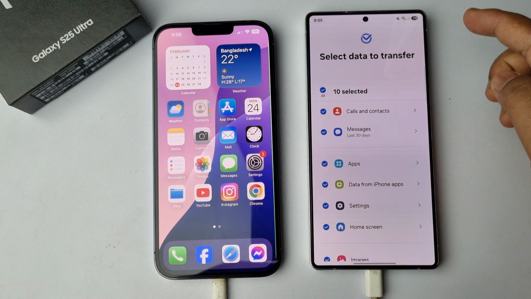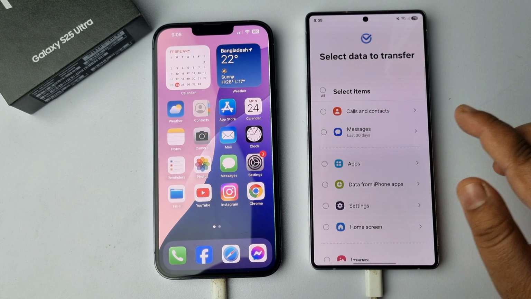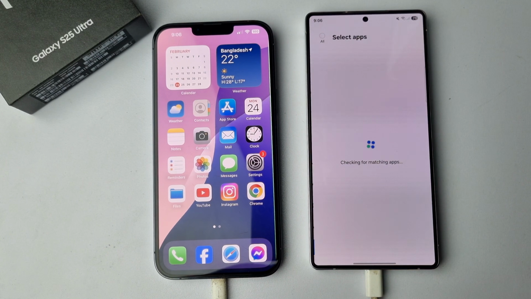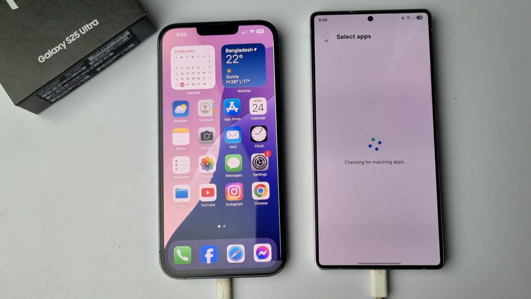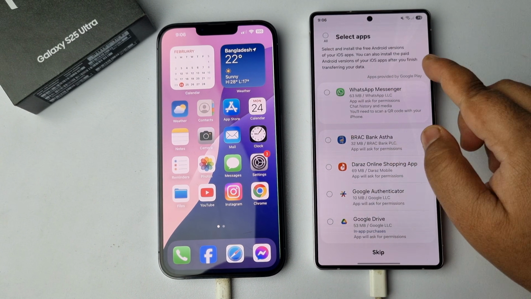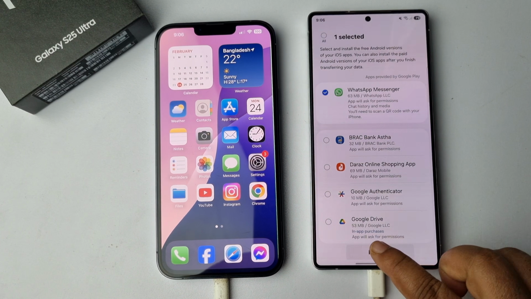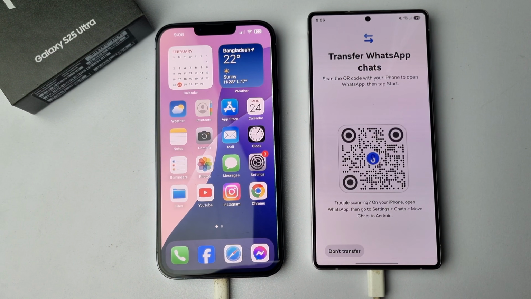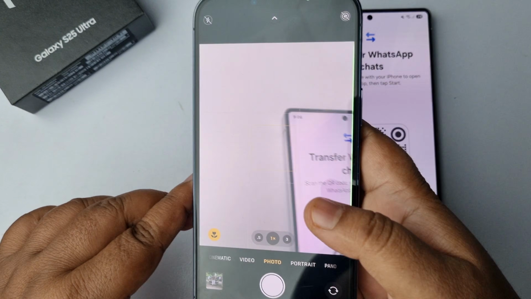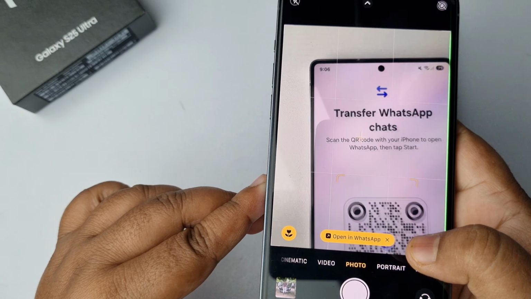Here we have to deselect all of these options, so tap on deselect, and we only select apps. Then scroll down and tap on transfer, and here deselect all and select only WhatsApp Messenger. And now tap on install, and now on your iPhone, open the camera app, and scan this QR code from your iPhone and open this link, QR code link,